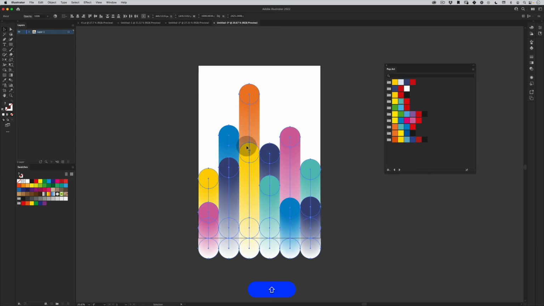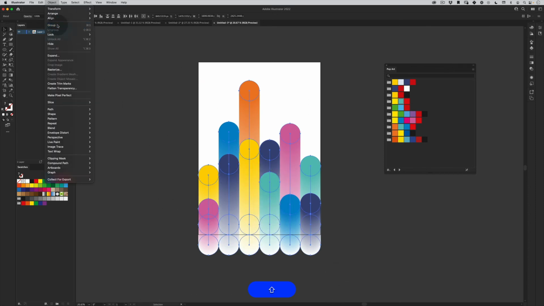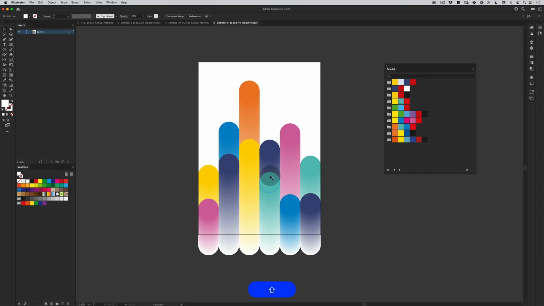And cool. Now let's just select all of this, right click and then group them. Let's see if we can group this. Select it and then go to Object and then Group. Perfect. This is grouped. Now let's go to our toolbar here, get our rectangle tool, make a really nice rectangle